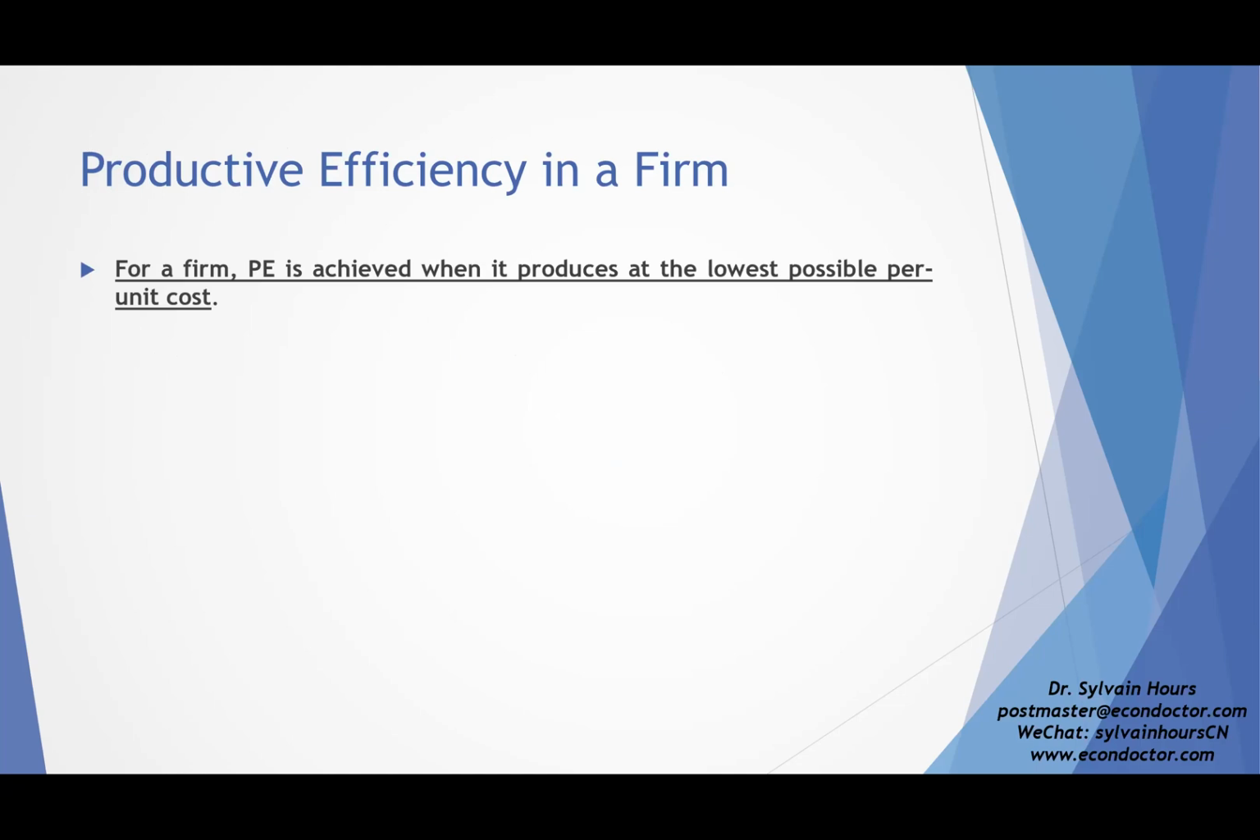Quite easy. In a firm, it's different. It's again about producing at the lowest possible cost, not wasting resources. The idea is simply that you will achieve efficiency when you produce at the lowest possible per unit cost, the lowest possible average cost of production. So you should remember that at that stage,